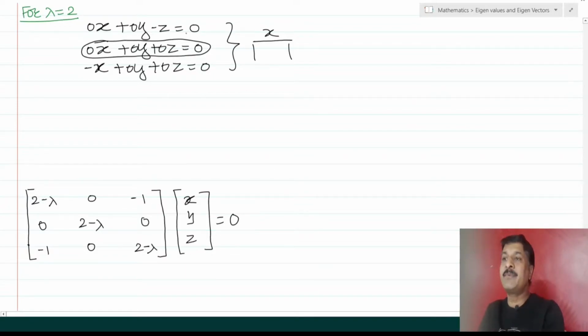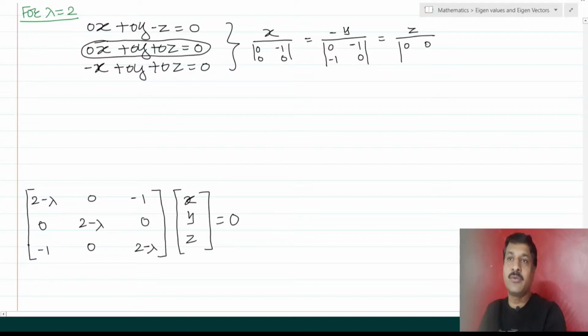And that is why, for the first and third, by using Cramer's rule, I can consider x upon determinant of 0 minus 1 0 0, minus y upon determinant 0 minus 1 minus 1 0, and z upon determinant 0 0 and minus 1 0, and therefore the values of x, y, z are